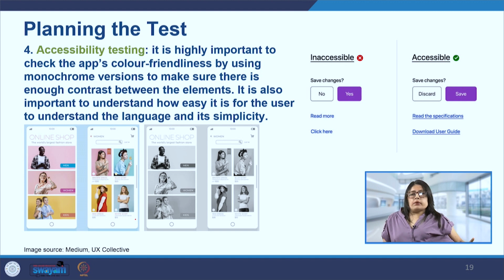So the accessibility factor is much better taken care of in the example on the right side, where the user knows and they will not out of curiosity click on the link. They will only click once they feel that they actually have some use or it will be useful for them to click on that particular link.